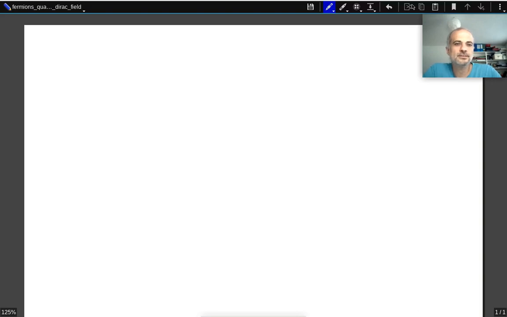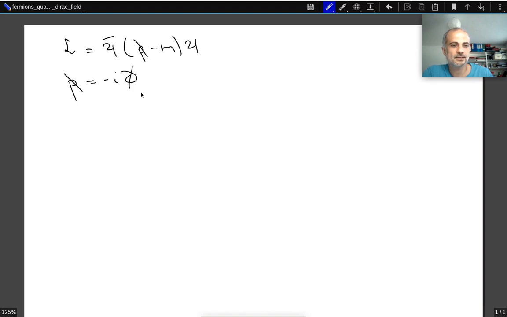Now let's look at the quantization of the Dirac field. Most of the time, we will be following the steps that we did when we were quantizing the scalar field. Now we have the Dirac Lagrangian, which we wrote as psi bar (p slash minus m) psi, where here p slash is actually minus i ∂ slash, the operator